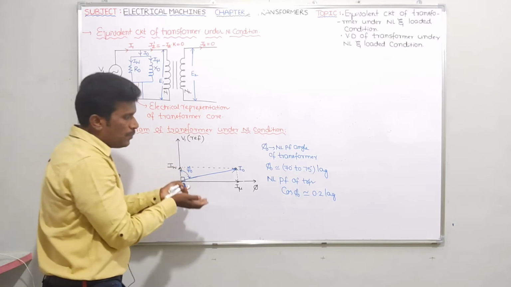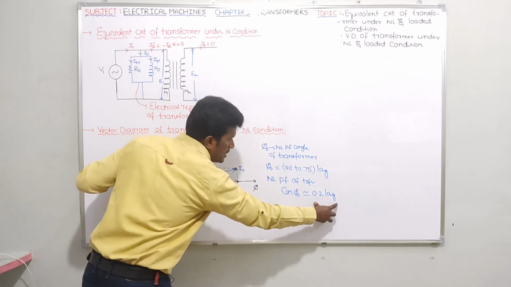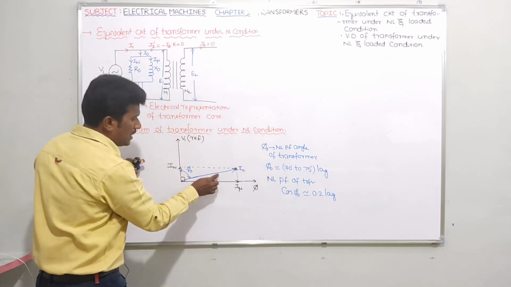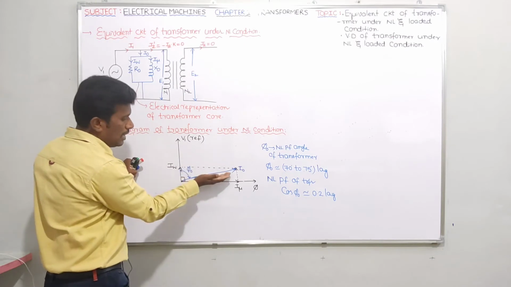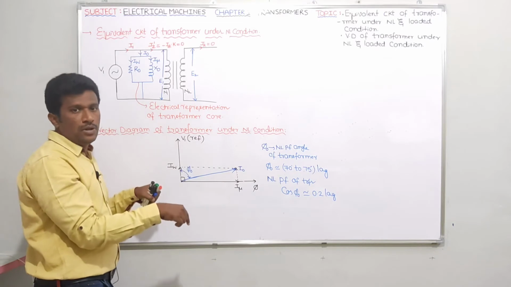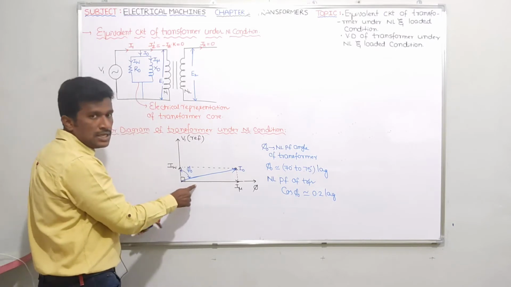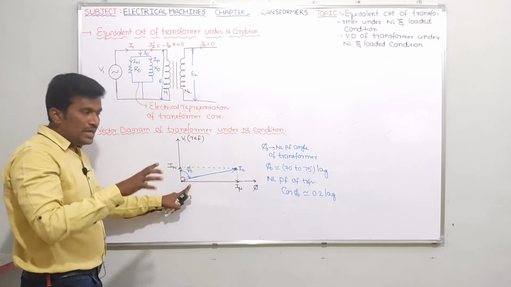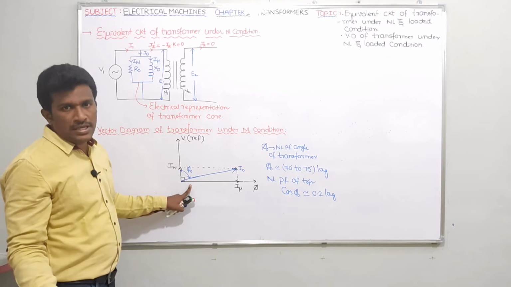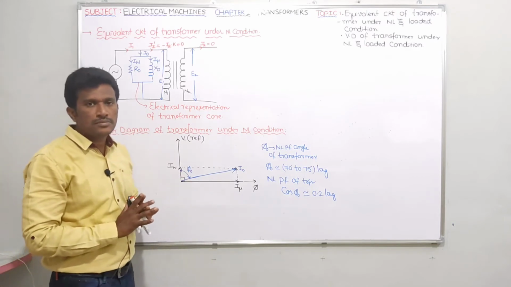Is it clear? Suppose I want a better power factor, meaning cos φ0 should be more, meaning φ0 should be less. φ0 less means this I0 vector has to come towards V1. That will be possible if Iμ is less. If Iμ is less, yes or no? That means indirectly, the no load power factor of a transformer is very low because of a larger Iμ value. Very simple question. Very simple answer.